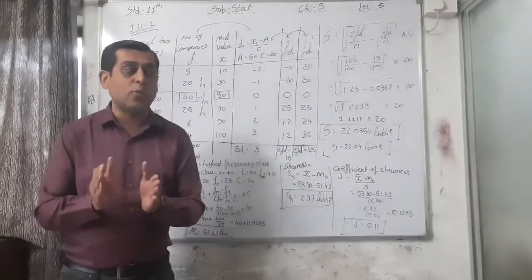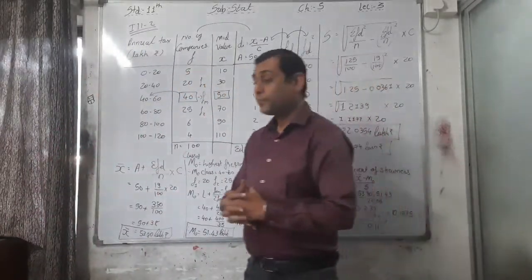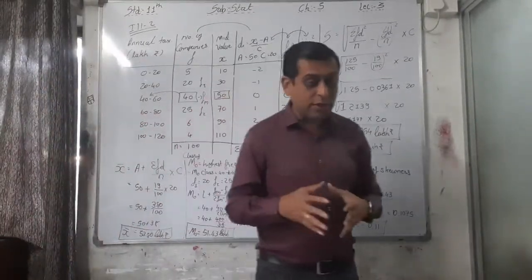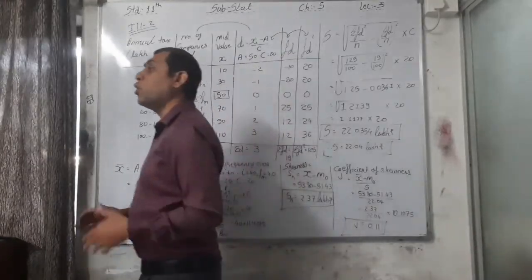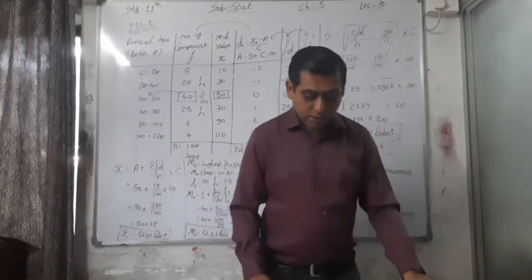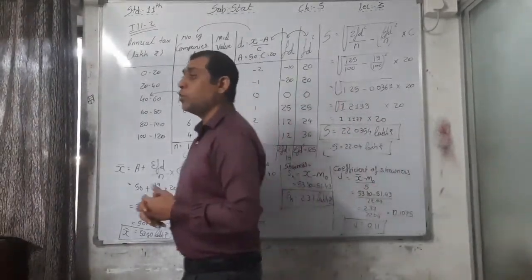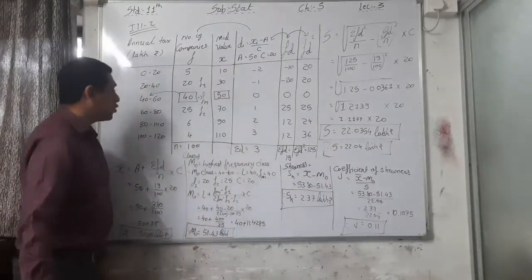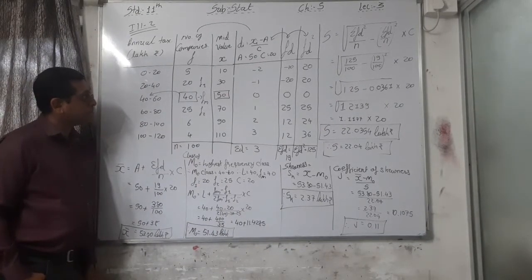You just have to write 0.11 as the answer, and what does 0.11 mean? You can say that it is positive skewness, and also that it is nearest to an almost symmetric distribution. Okay, so the second illustration is over. Write this down and then we will discuss the third illustration.